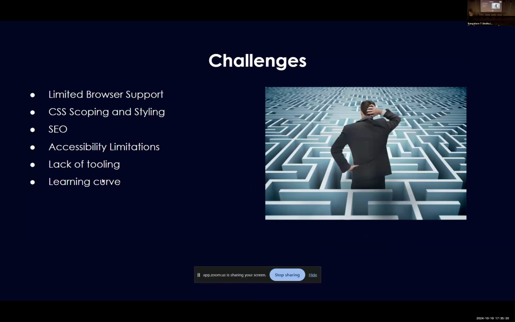Yeah. So of course, everything has benefits as well as challenges. So the first one is limited browser support. So right now, web components,